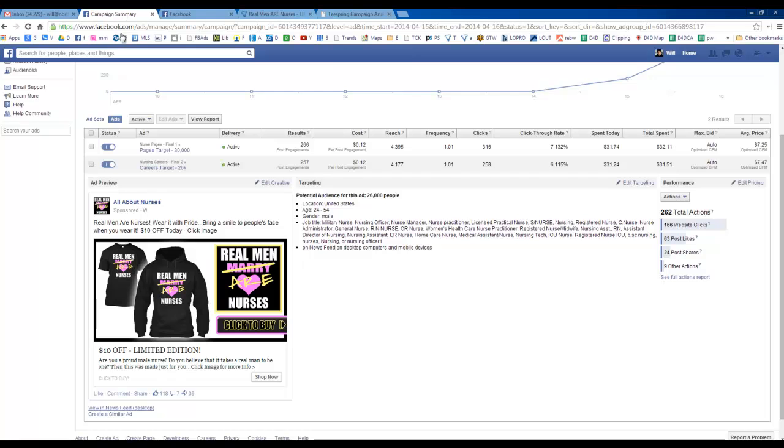So now that we know how many we've sold, because of the increase, let's break it down and see what we've got and what those numbers actually mean. So on this one, where we were targeting nurse careers between the ages of 24 to 54, all male, and again, we're not even targeting females. And I'm sure that there are some females that probably would actually purchase this shirt, whether it be for a colleague or a spouse or a relative or something. I think that may be something that we'll open up our marketing or targeting to towards the end of our campaign. For now, I think we'll just focus on the males.